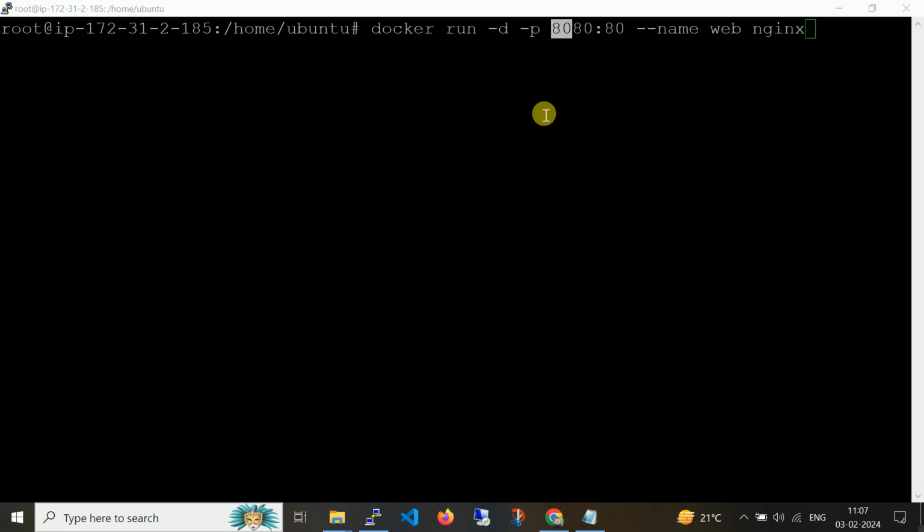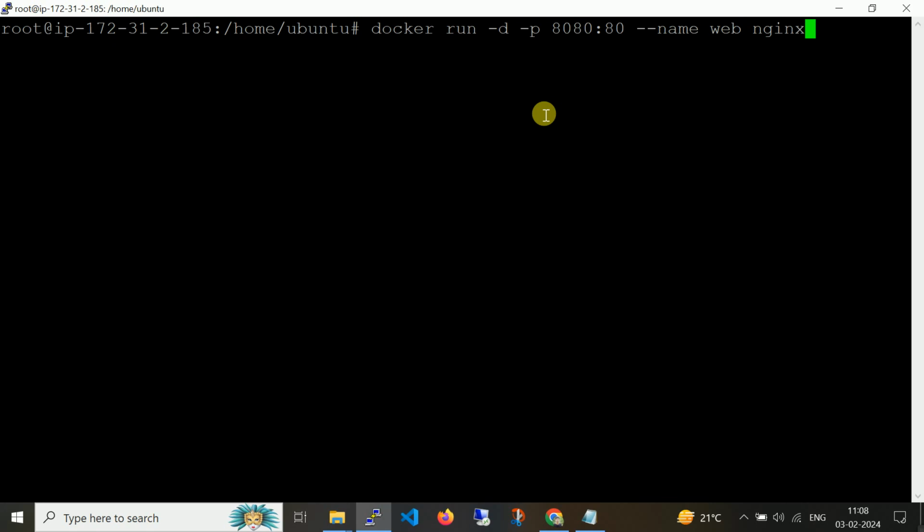So using this command, docker run -d -p, 8080 is the port number for the external traffic, on the base machine where we have set up the Docker engine, and port number 80 is the one listed on the container inside.